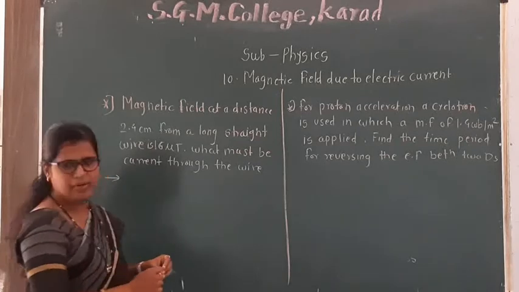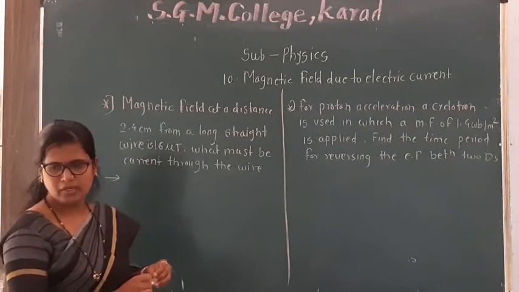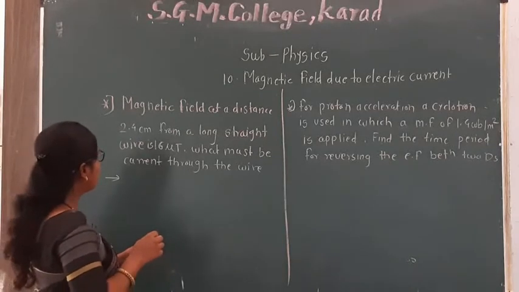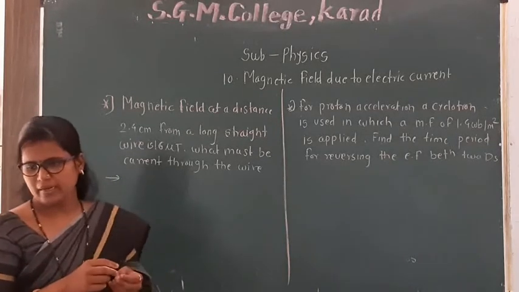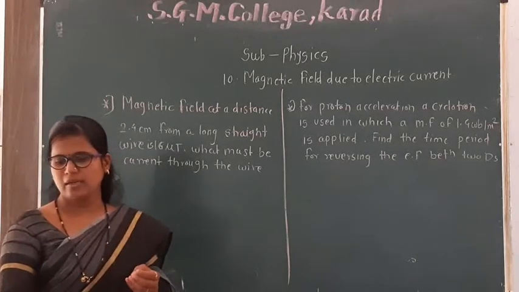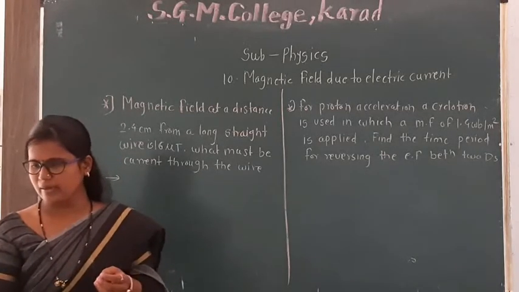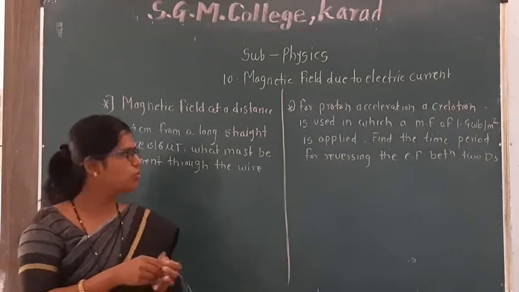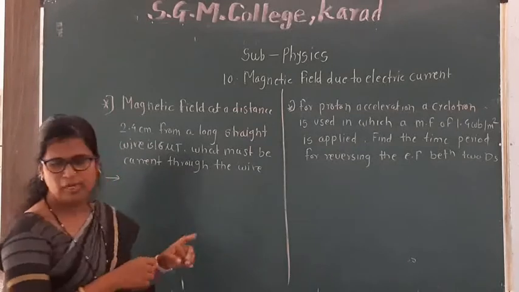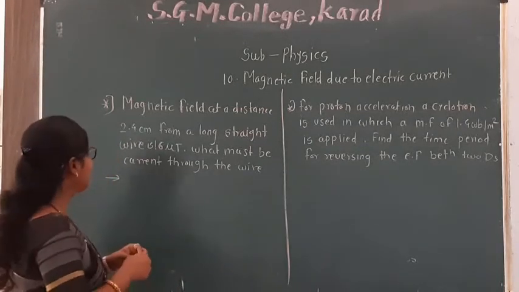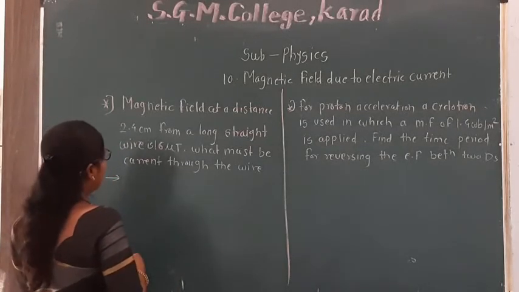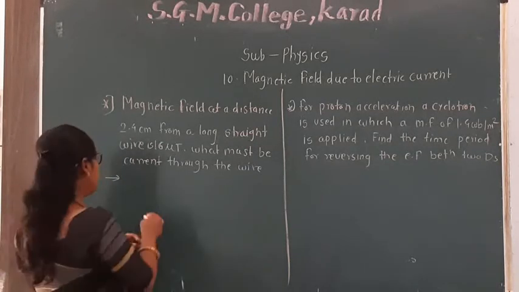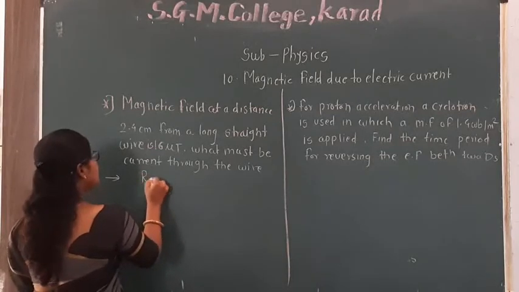The magnetic field at a distance 2.4 centimeter from a long straight wire is 16 microtesla, and what must be the current through the wire here? Now we have to calculate this value. Here 2.4 centimeter distance is given. Distance means which term is given here? R is given. Now R is equal to